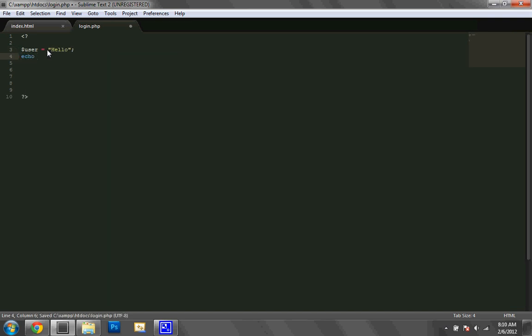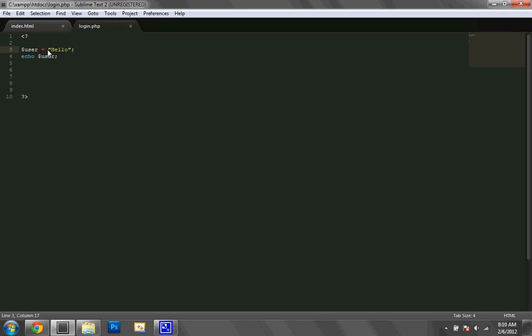Okay, and so a few things to note in PHP. You need to put the semicolons at the end of each statement, and also this echo command basically just prints this variable. So this variable user has been set to hello,